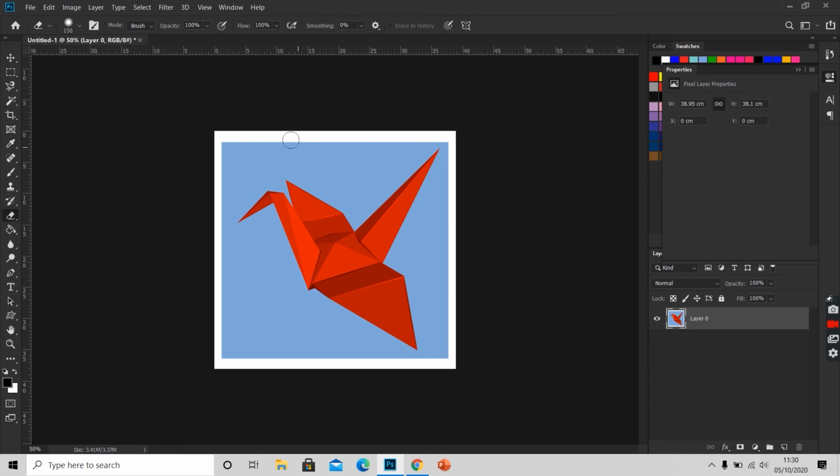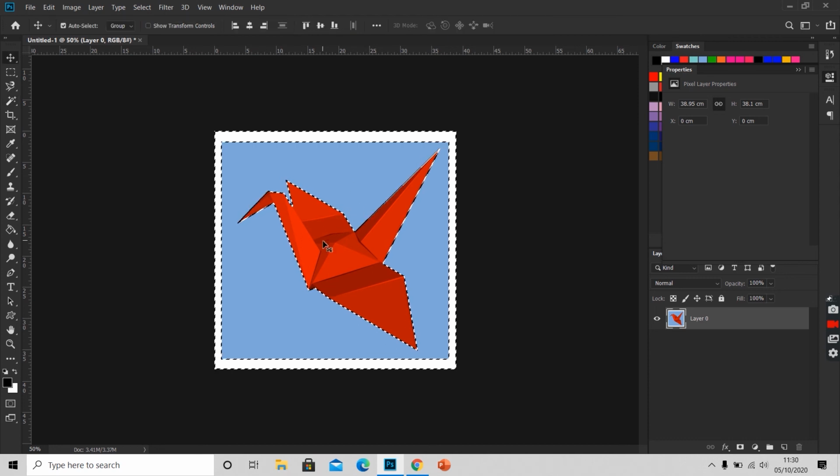Next is our layer masking. First you will select the object. Be sure that the layer on which the object lies is selected. So for selecting the object, I will click on the blue color, because this blue color has same color pixels. I'll activate my magic wand tool and click once, and then I'll inverse my selection.